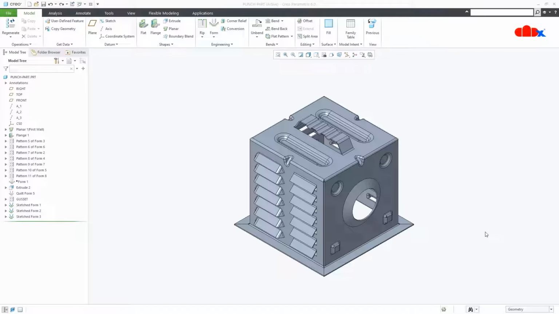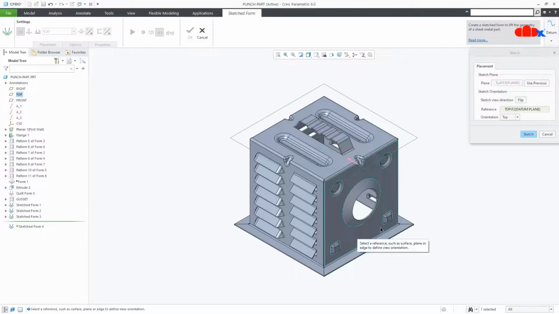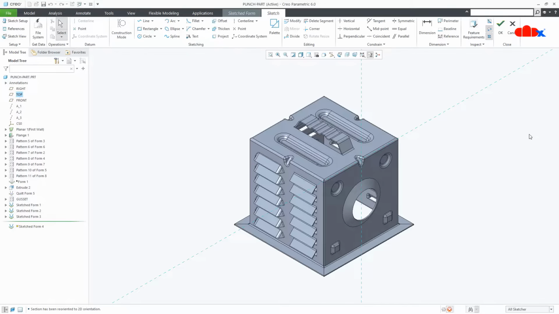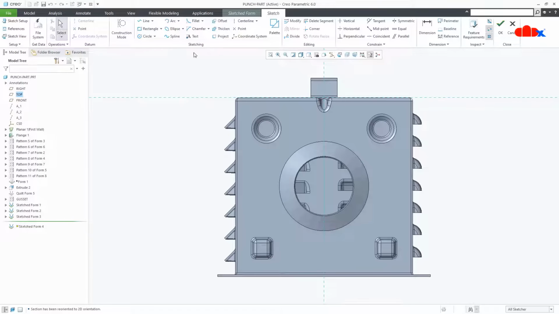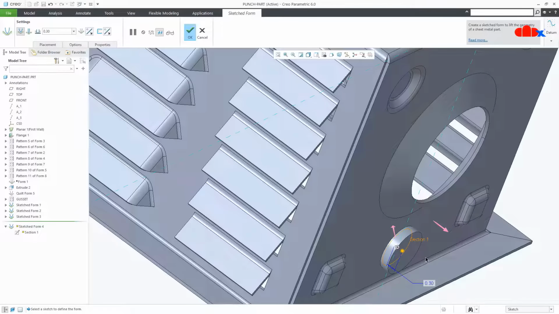So there is one more option inside the sketch form you have. So if you go to form, sketch form and say define internal sketch and sketch normal. Now if you draw a sketch like a circle and if you say OK, by default it starts adding the form. But here you have another option called sheet metal piercing. So if you click this,